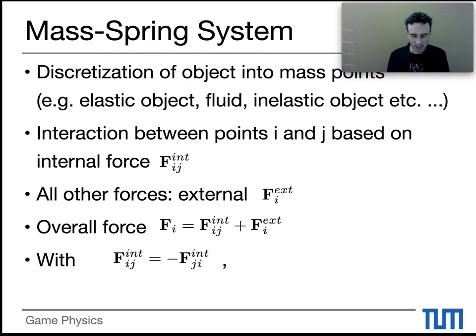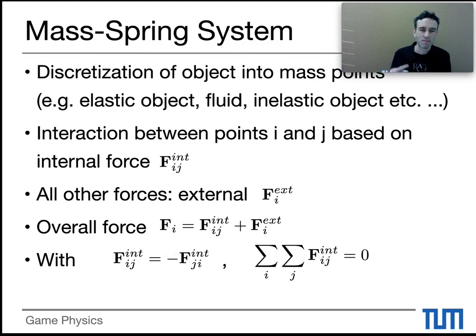One subtle point here that nicely comes out of this description, also something we'll get back to later, is that we have a kind of anti-symmetry of these forces, meaning if I go from i to j, I get some force, and that is equal to the negative of the force from j to i. We'll go into that with a bit more detail later on. The important bit here is that this basically will later on lead to a conservation of momentum,